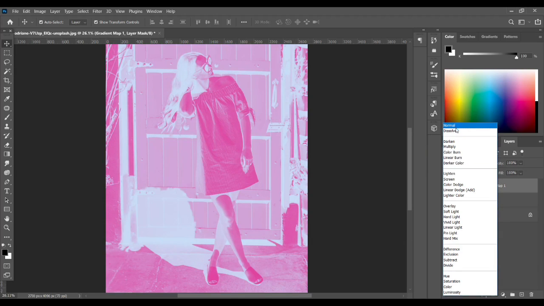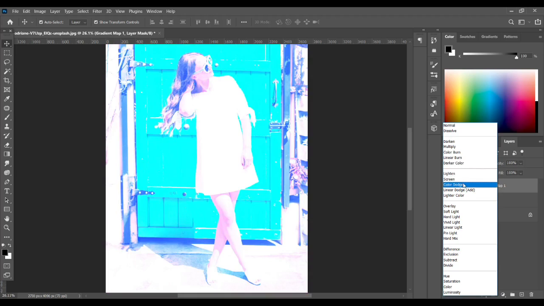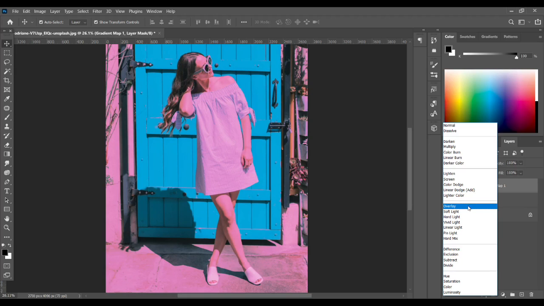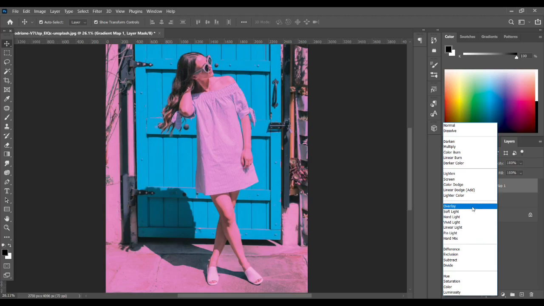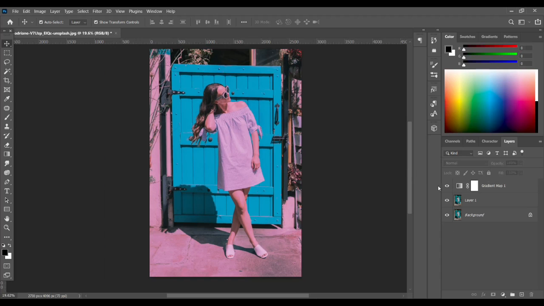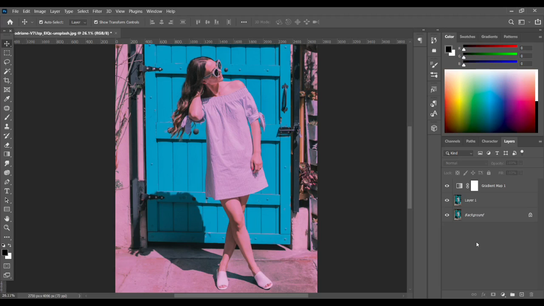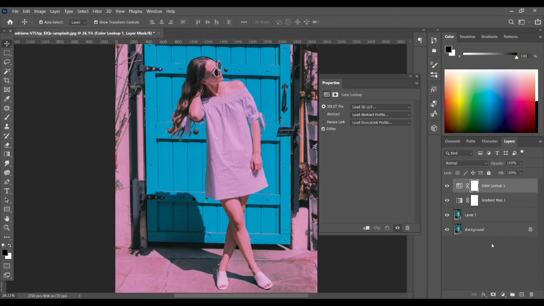Change the blending mode to something lighter, like this, and I'm going to decrease the opacity to around 70%. So here is the before and here is the after. It looks good. After that, select another adjustment layer, color lookup,